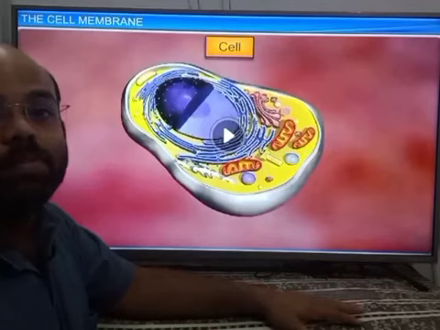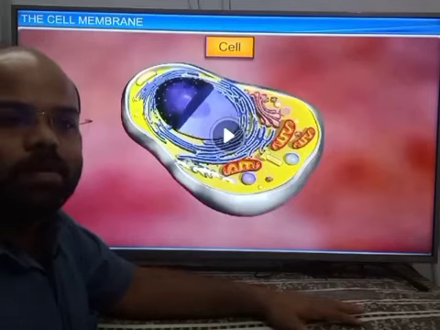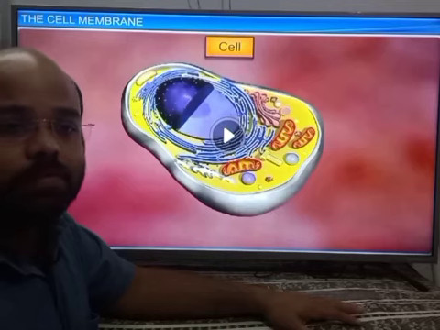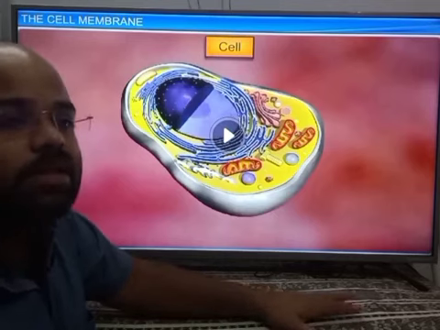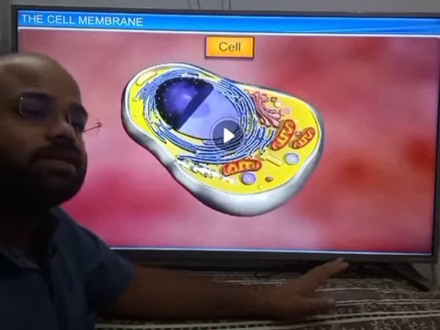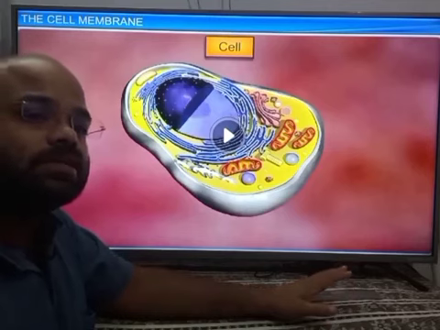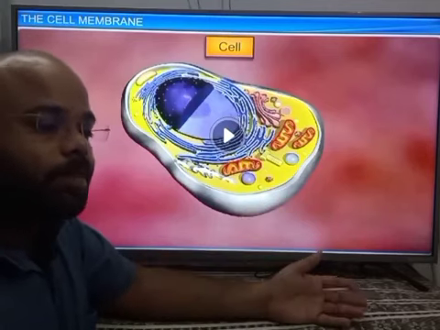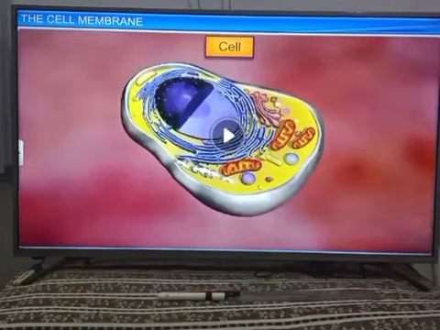Many different types of proteins are found in the cell membrane for transporting certain materials and particles. All those things we had discussed in a single class about the cell membrane. Now we will see the element.